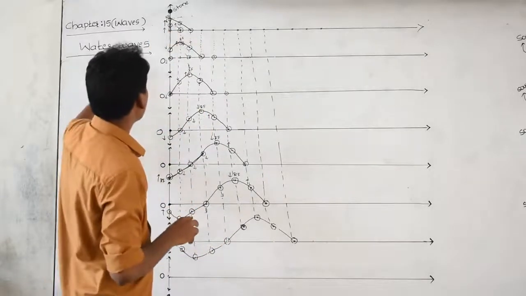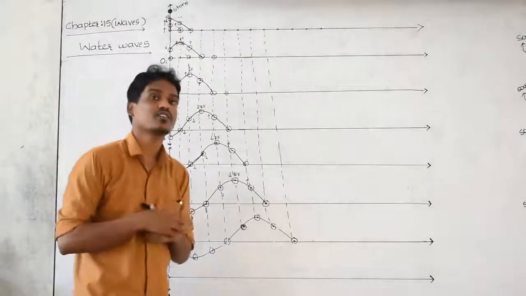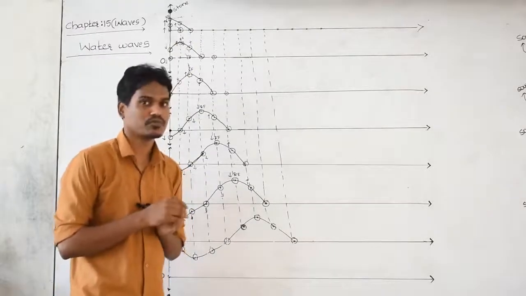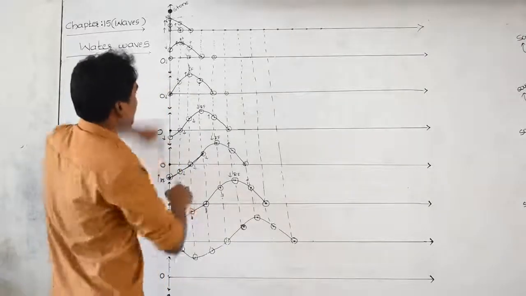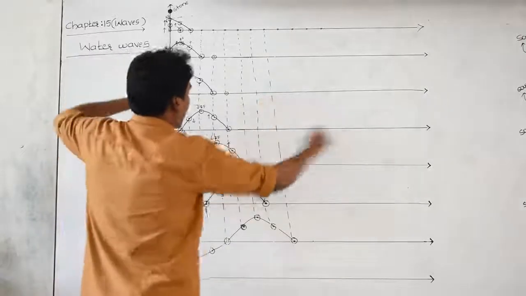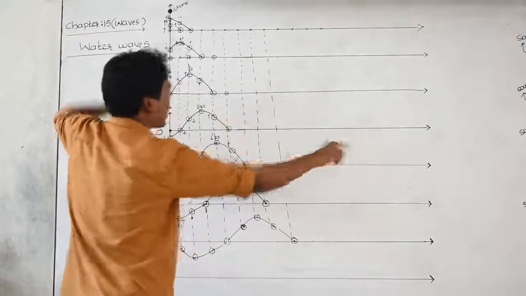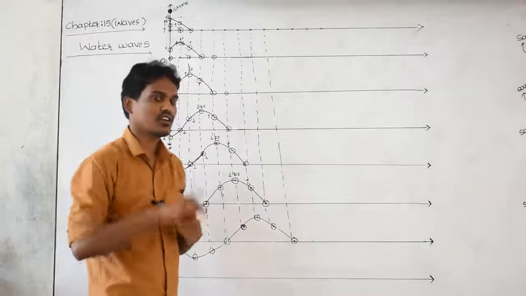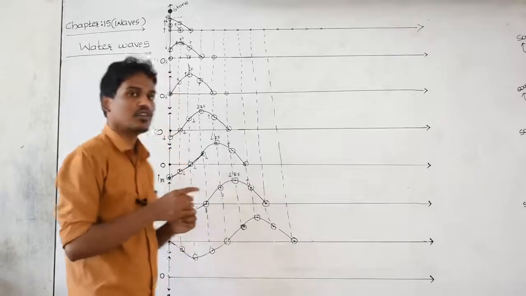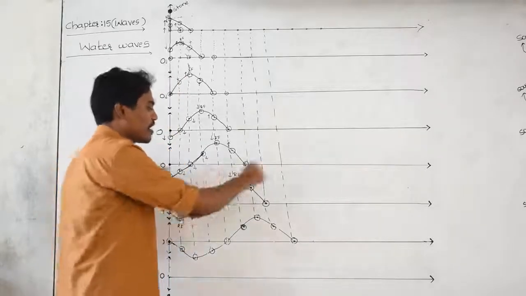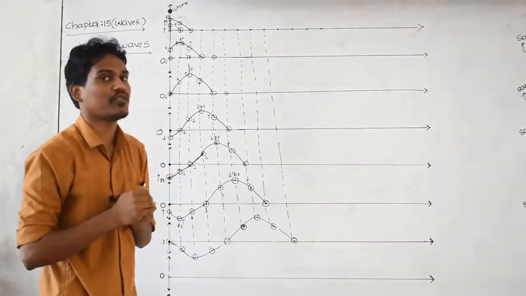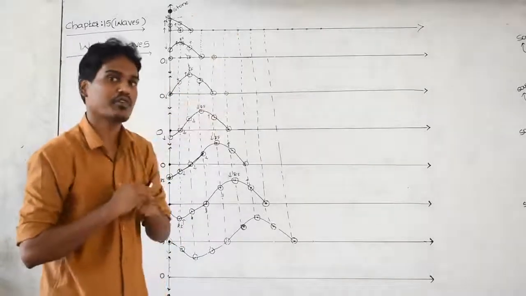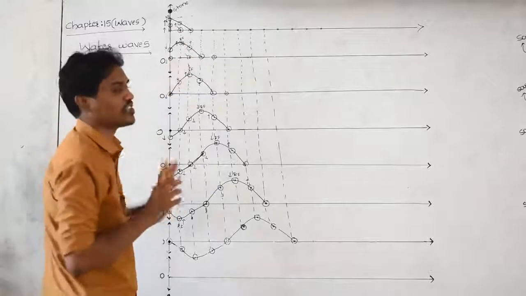And this water wave is an example of a transverse wave. I told you the particles are vibrating in y direction, the wave is moving in x direction, the angle between wave and particle direction is 90 degrees, called a transverse wave. If the vibration of the particle and wave direction are both in the same direction, that wave we call a longitudinal wave, that is the sound wave. Sound wave is longitudinal, but water wave is transverse.